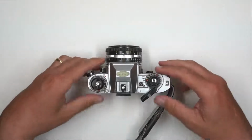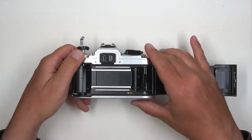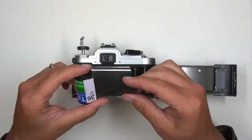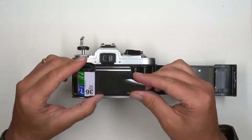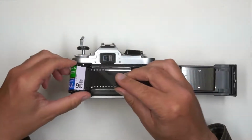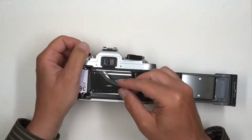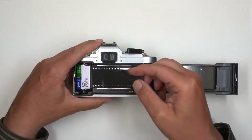Okay, so we're just going to lay the camera out like this, and I have just a test roll of film I care nothing about. It's a roll of 64 tungsten slide film by Fuji. Not particularly useful nowadays, especially tungsten. Tungsten film. It's a color film that was balanced for